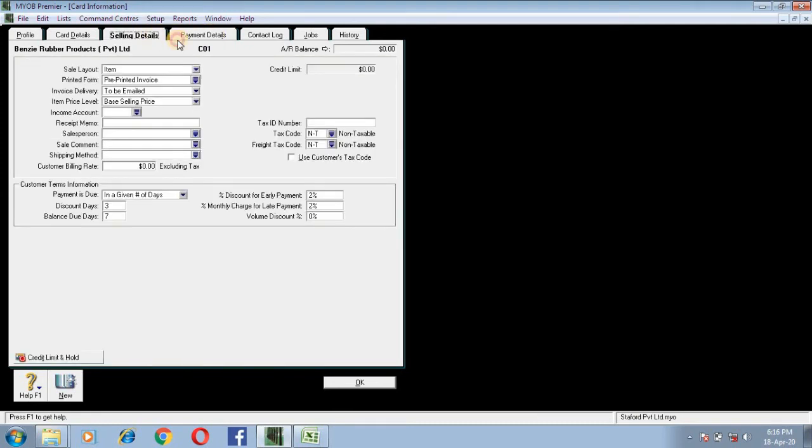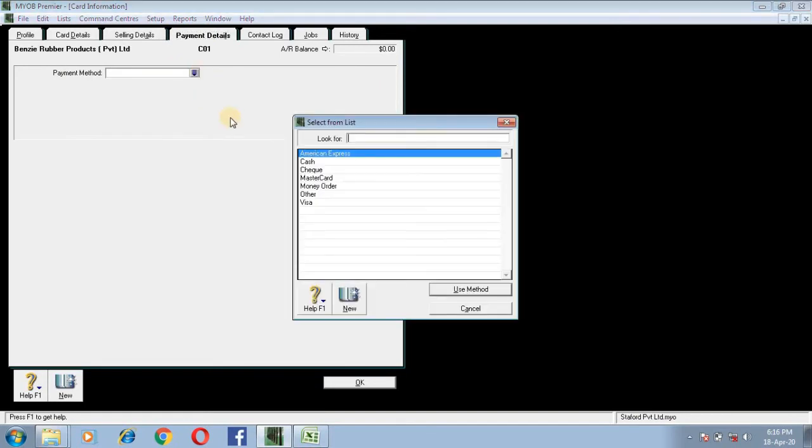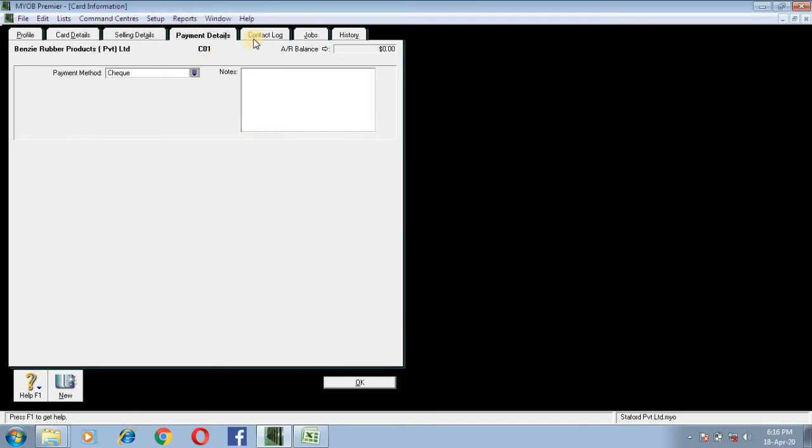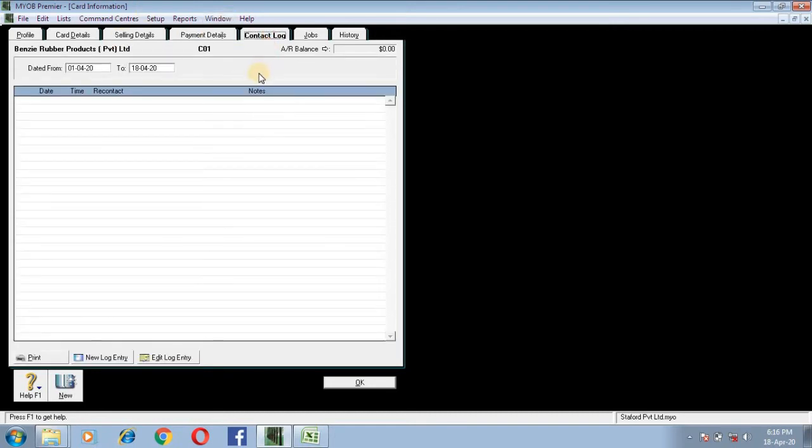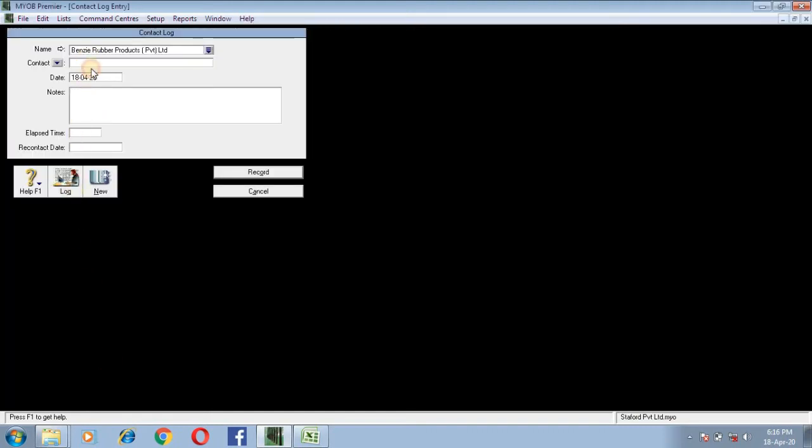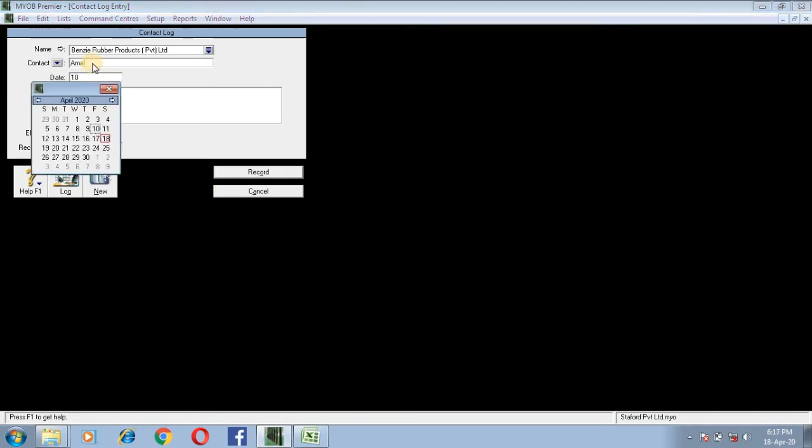Next step, payment details. If Bensi is always paid through a check, then you can select the payment method check. Contact log. Contact log means, from your company, if you are contacting Bensi Rubber, you can maintain a log. For example, say you are looking after payment. So you can go to new log and say I contacted Mr. Amal of Bensi Rubber on 10th April.